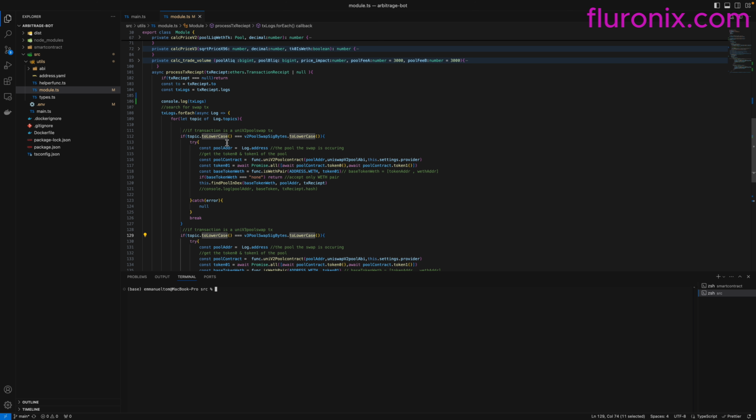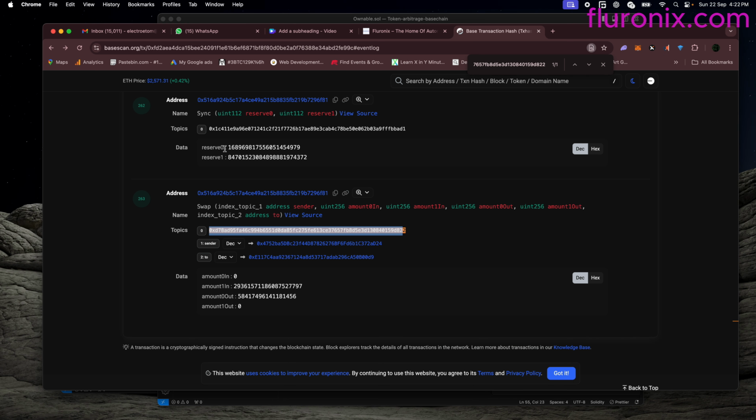Down here, what we are going to do next is that if this is a Uniswap v2-like exchange swap transaction or signature that we got, we are going to say log.address, because this is a swap log. We are going to assign the log address to the pool address. In this case, this is the log address. And if I copy this and then duplicate this tab